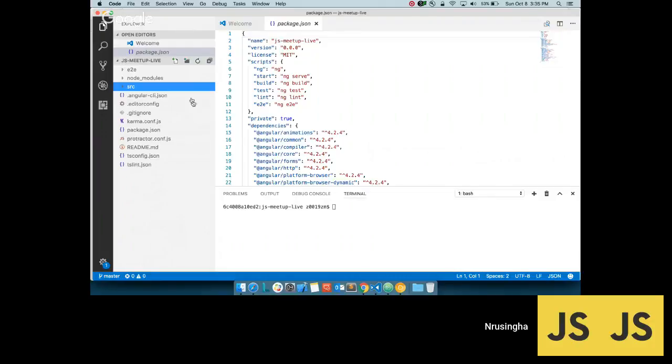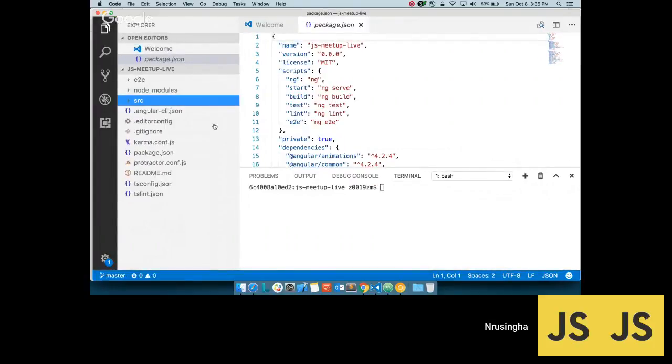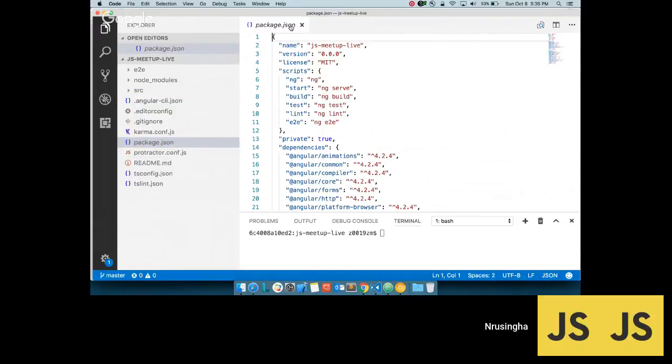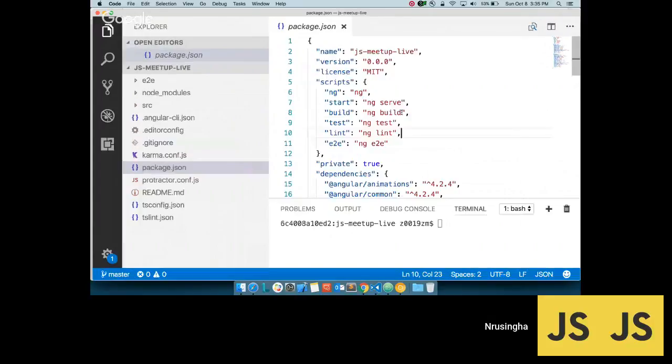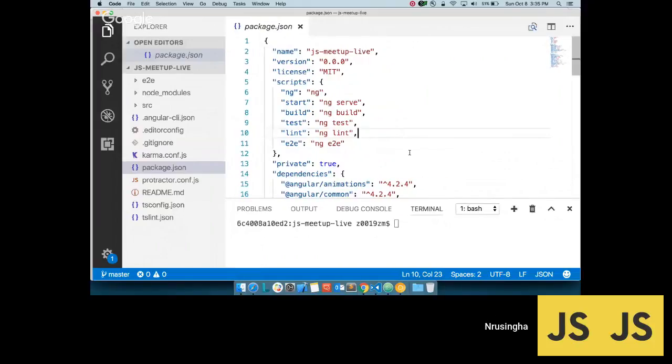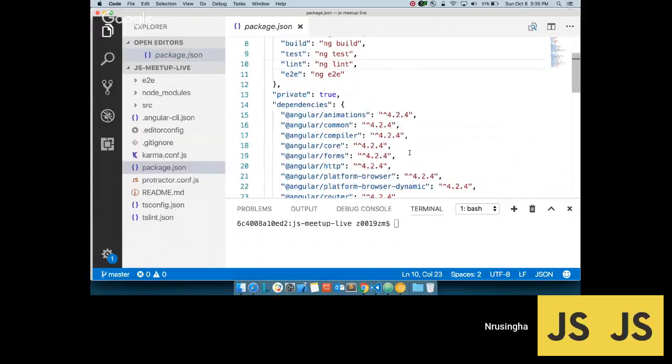So you can see the structure of what it generates, and there are so many files it has generated. The first file which I want to talk about is package.json, which I have opened over here. I'll try to increase the font size. Okay, so package.json is nothing but where Angular mentions all its